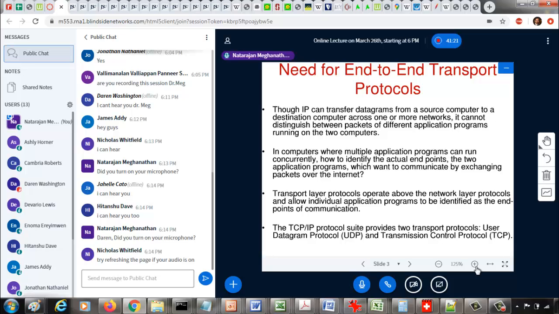So you cannot just specify, I want to send from this IP address to this IP address. Once a packet reaches this particular IP address, to which application running on that destination host should the packet be delivered? And then what are the expectations of the receiving application? For example, with a file transfer protocol, think about it. You would have downloaded a file from a file server. Say you have a 1 GB file,